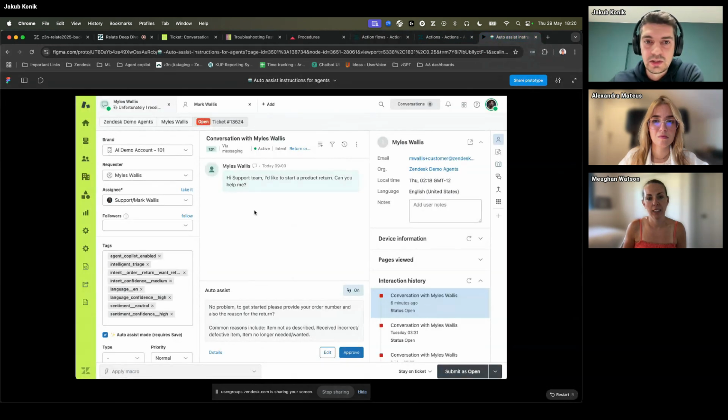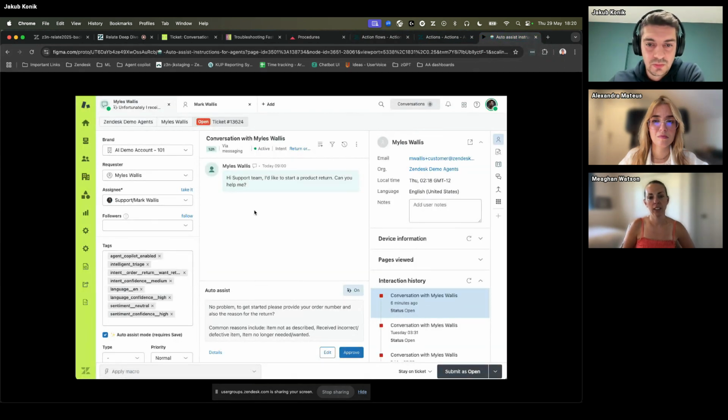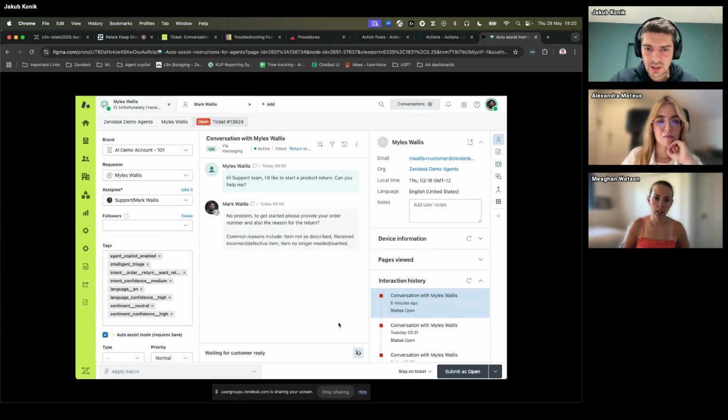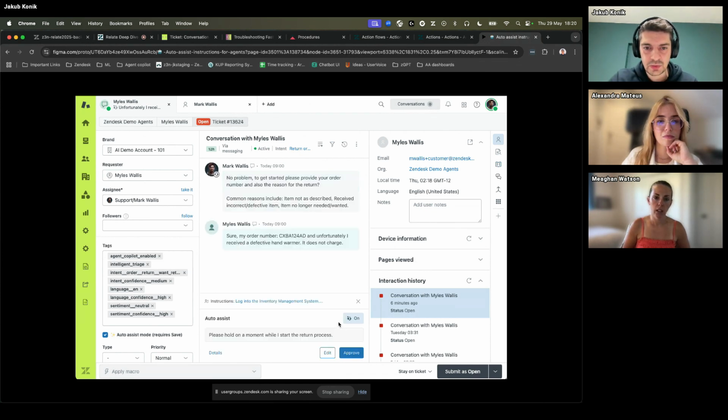This will be demo run through this Figma tool. And here you can see that AutoAssist is providing a reply suggestion. So let's approve it. But there will be a new thing here.